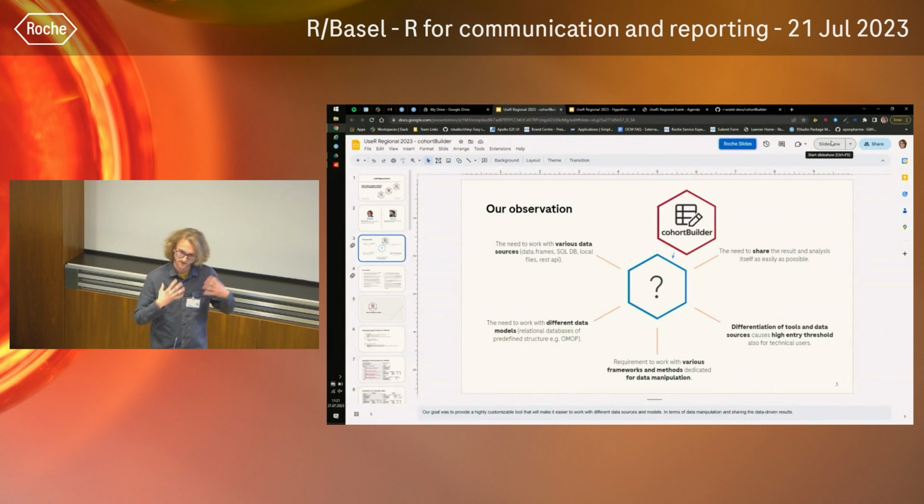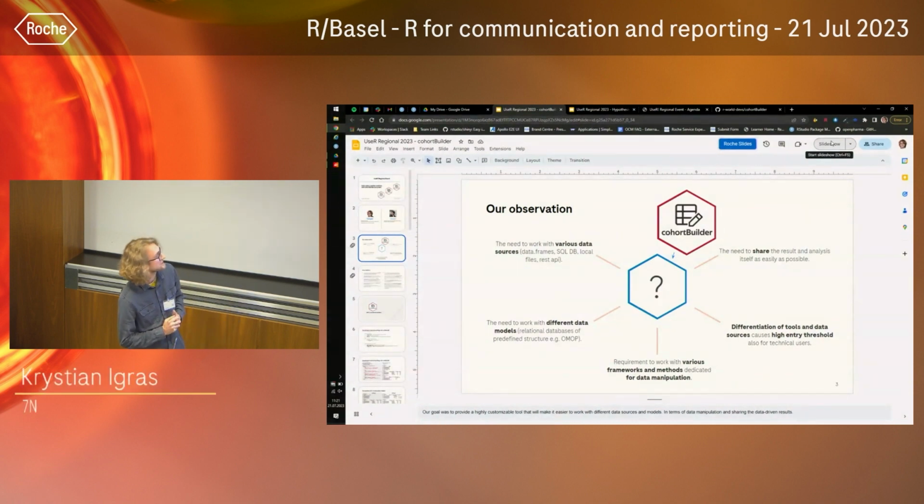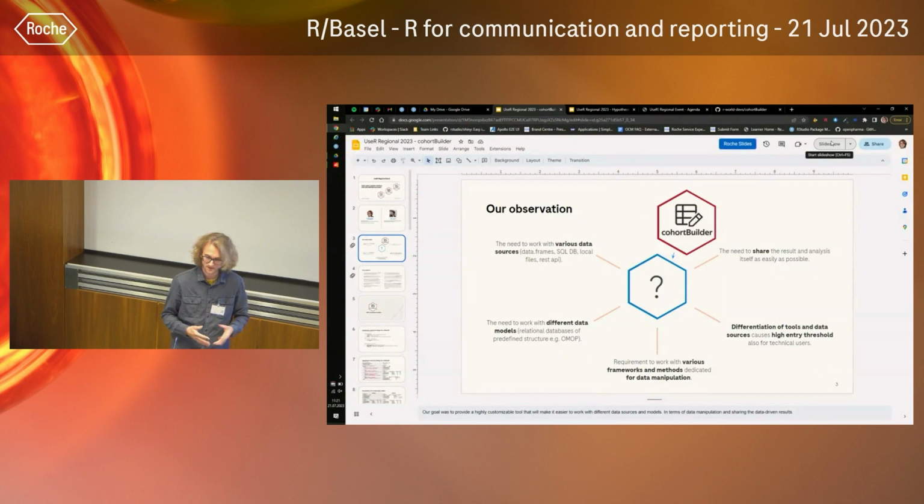Sometimes these data models have a specific structure, like the very popular lately OMOP common data model or other relational databases with defined structure. More to that, in an organization, it's not only dplyr. Sometimes there are tools, actually high-level tools, specifically written to work with the